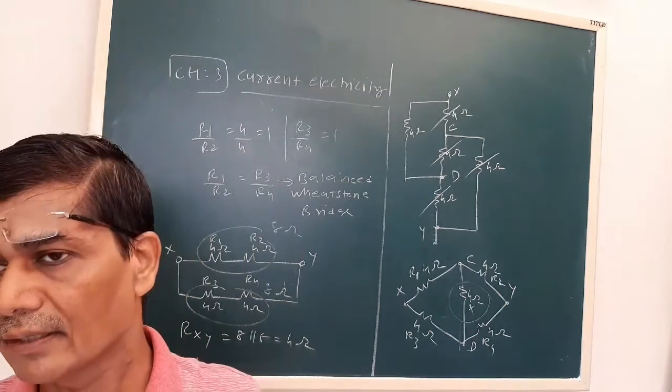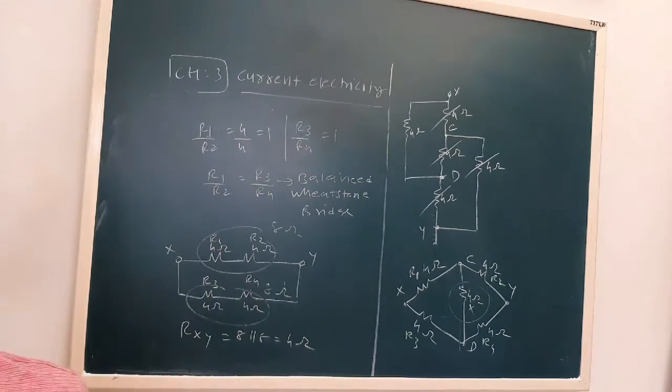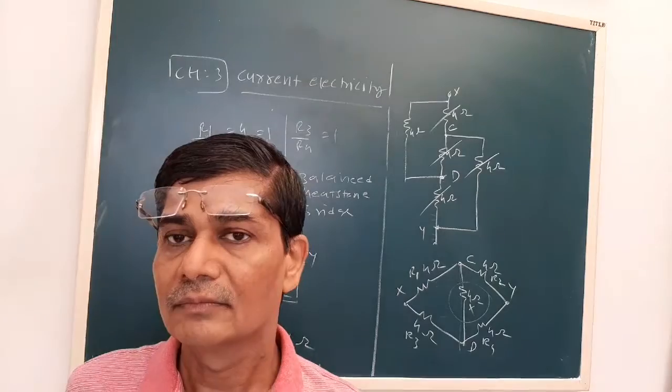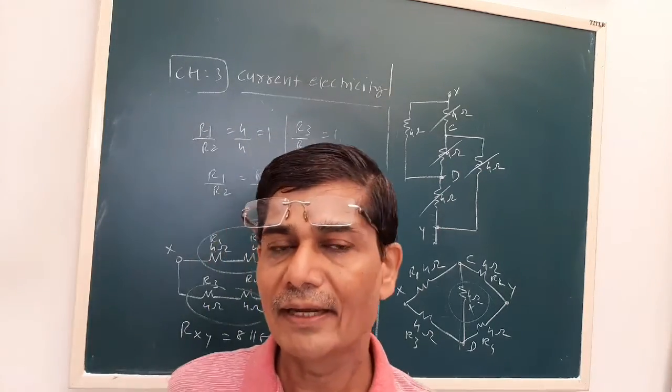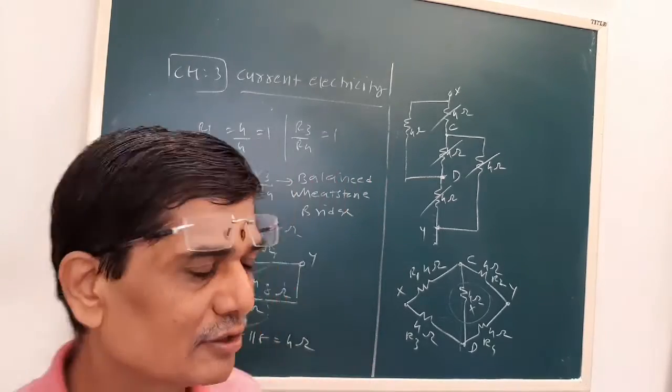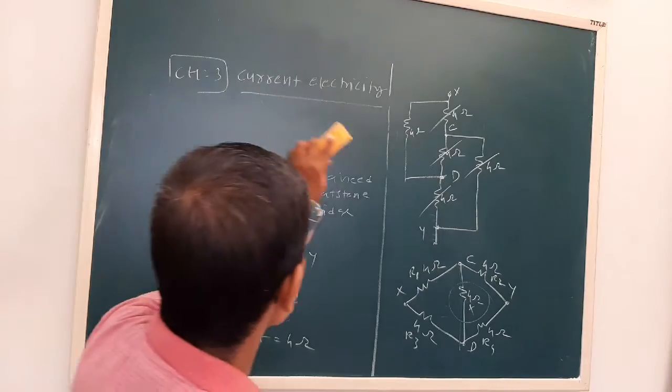Now remember, there is a thumb rule. Whenever there are 5 resistors, first we have to think of a Wheatstone bridge and check whether it is balanced or not. And if it is a balanced Wheatstone bridge, then our work becomes easy, as we are seeing in this answer. Now see our next MCQ.